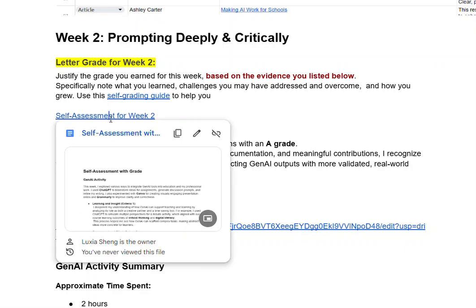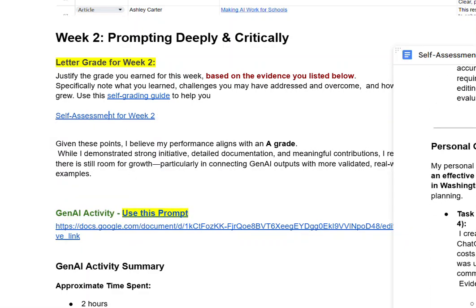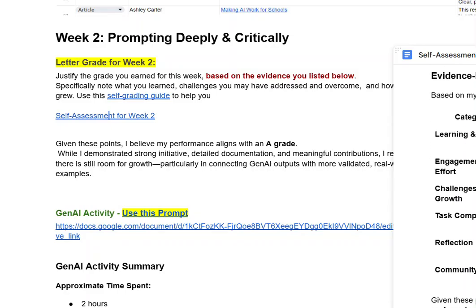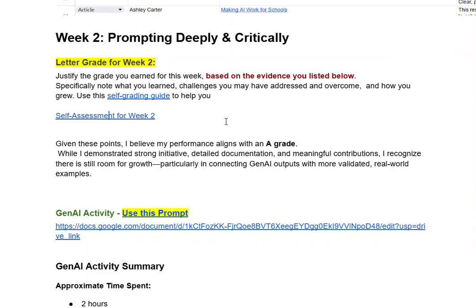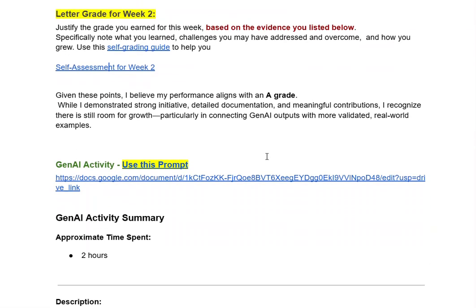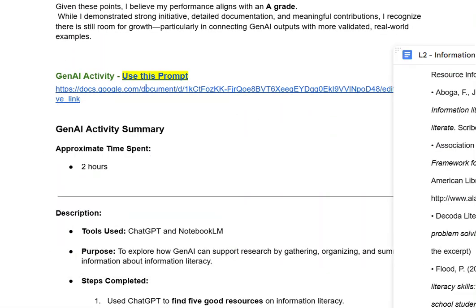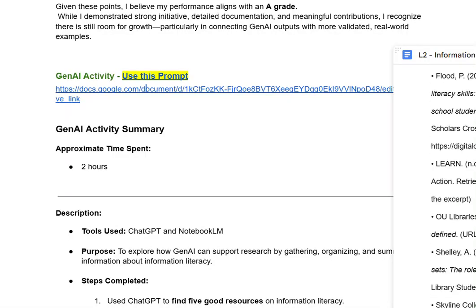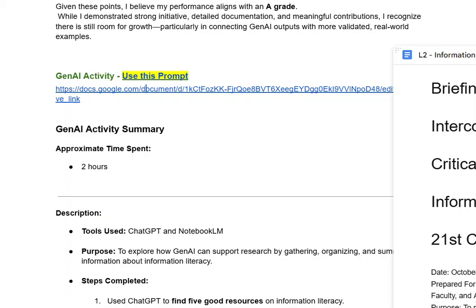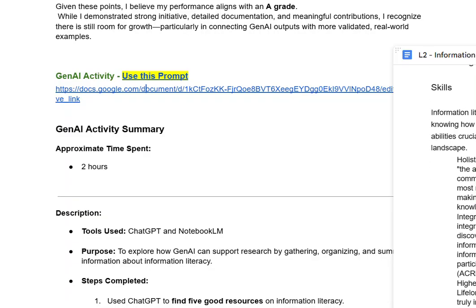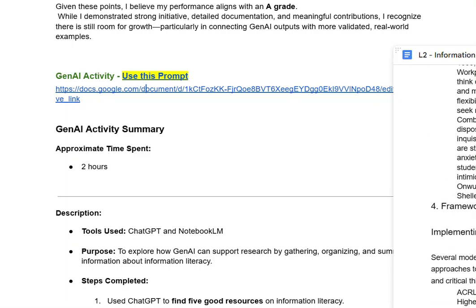So, you believe you should get an A, and you've given a very detailed explanation, which is top notch, and certainly is an A quality explanation. Let's take a look at your work though. So this was the information literacy pursuit, and the briefing document on interconnects of critical thinking and information literacy, got an executive summary, looking at the key areas.